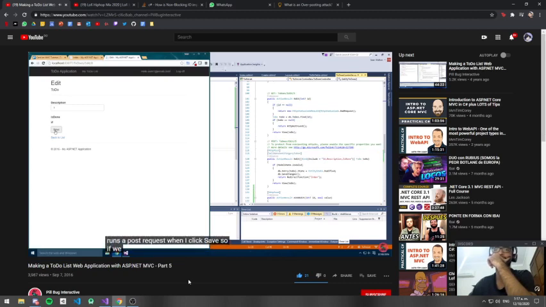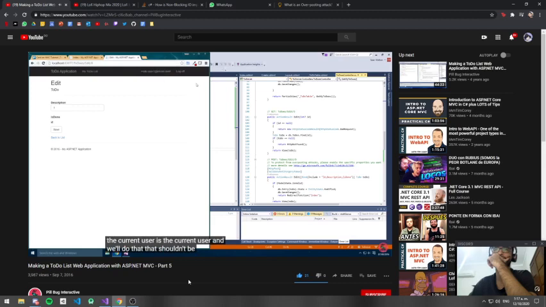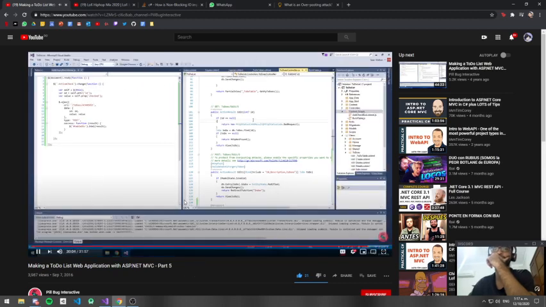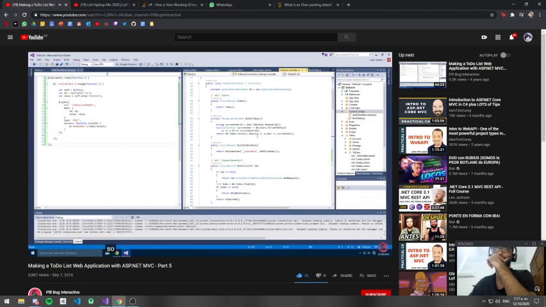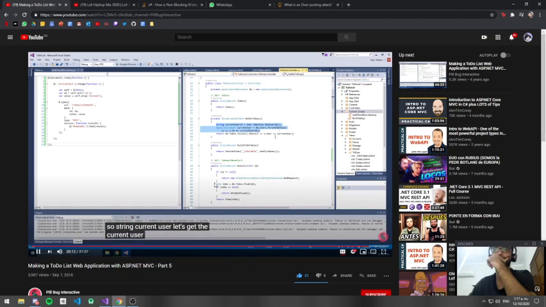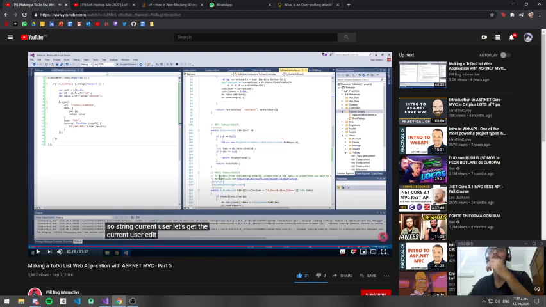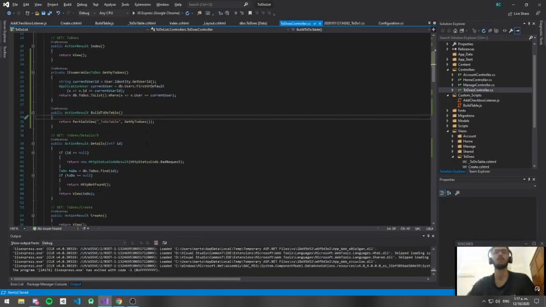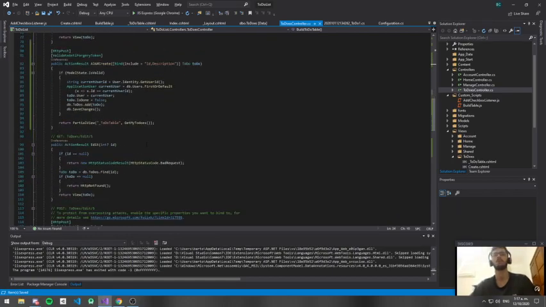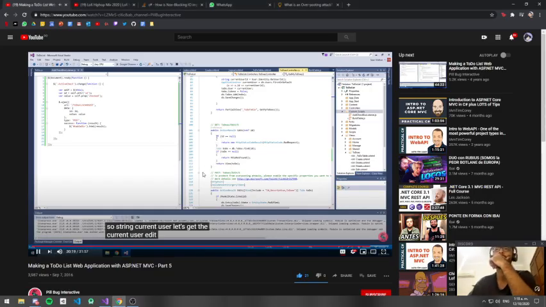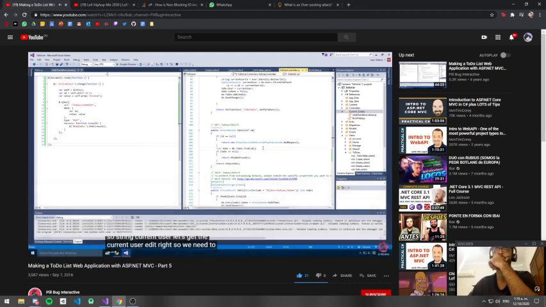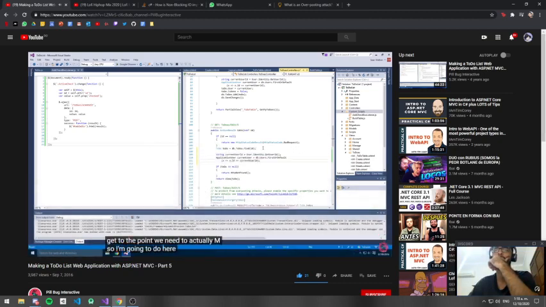So we can add a check here to see if the current user is the current user. And we'll do that. That shouldn't be too hard. So, string current user. Let's get the current user. Edit. Right, so we need to get to the point where we need to actually, so I'm going to do it here. We need to see